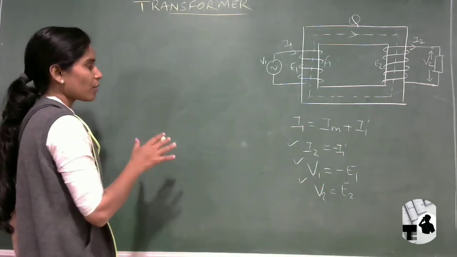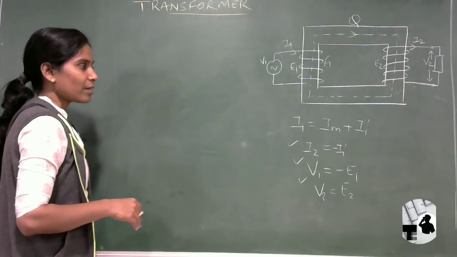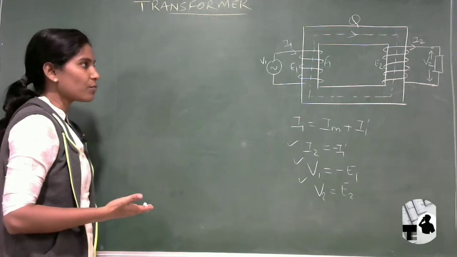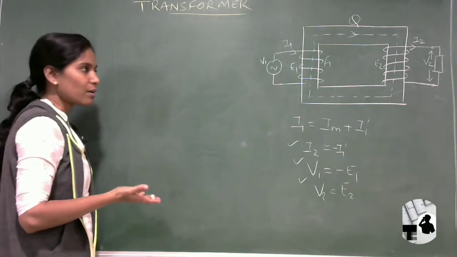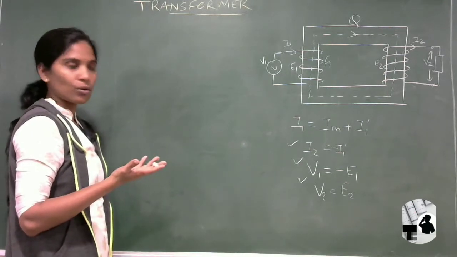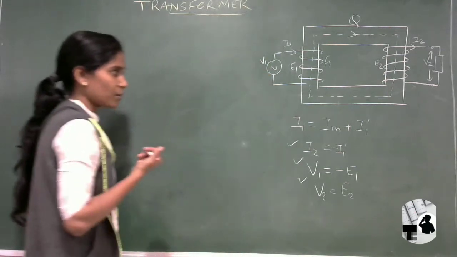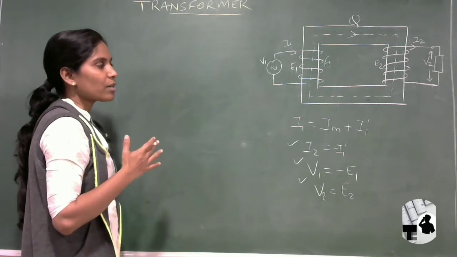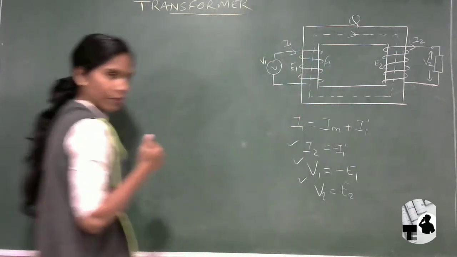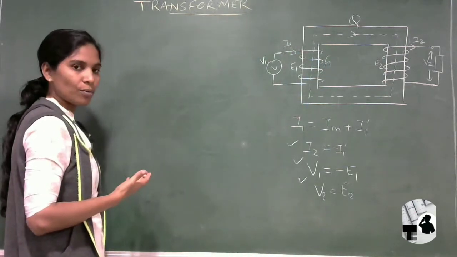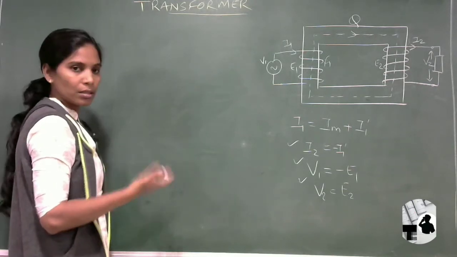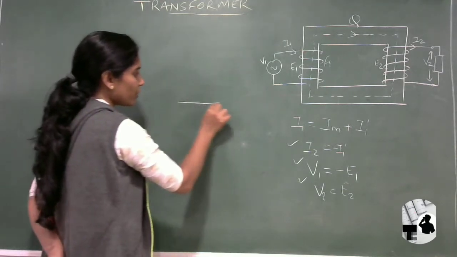Now, the phasor diagram we saw for the no load condition, at that time we took the supply voltage V1 as the reference. We have the common habit of taking the voltage as the reference. At that time V2 was not there because the load was disconnected, so V2 was 0. So we took V1 as reference. But the common practice, whenever you go for the load condition, is to take V2 as the reference. You can take V1 as a reference also, but if you take V2 as reference, your solution of the phasor diagram will be much easier. So I am taking V2 as my reference.